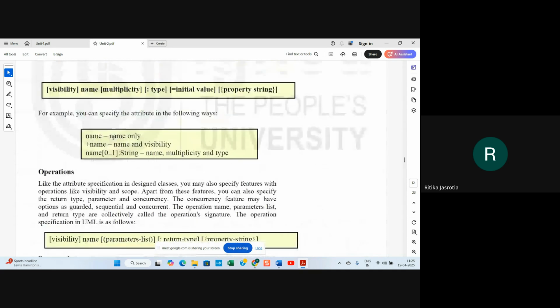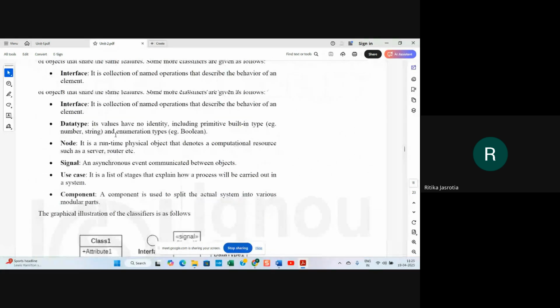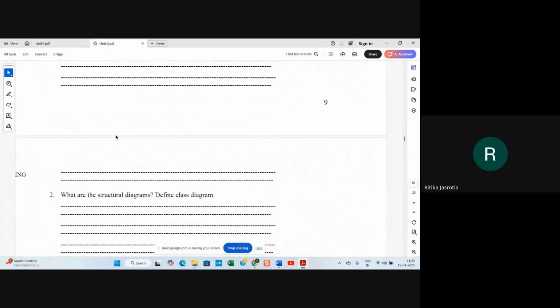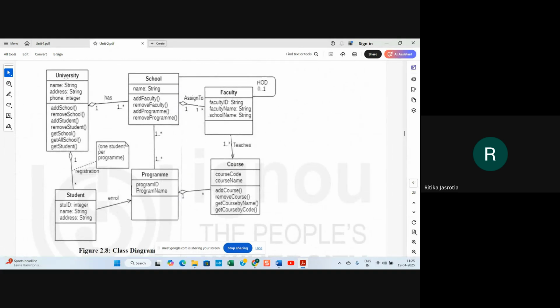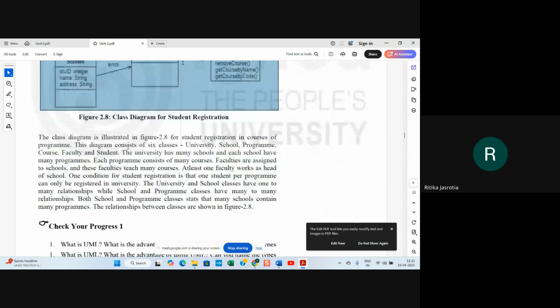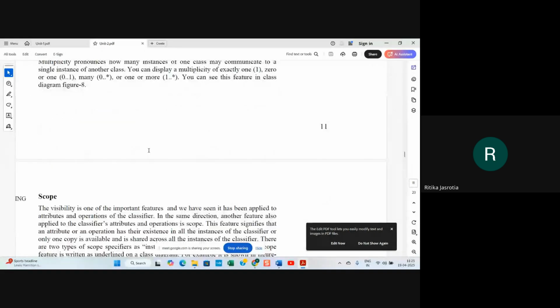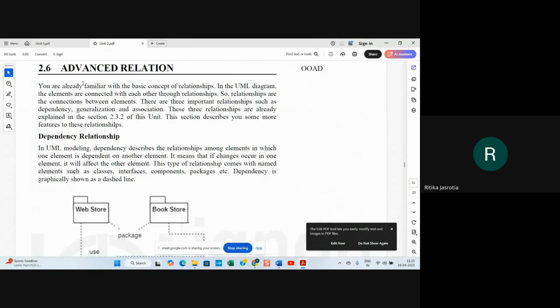So you can give a simple thing also, like we have seen here in the diagram. Where was that object diagram? Here, like this also you can give, or you can give it with a data type, return type. You can give plus, minus also. Visibility can also be added. So they are talking about all those things. As you wish, you can design that.